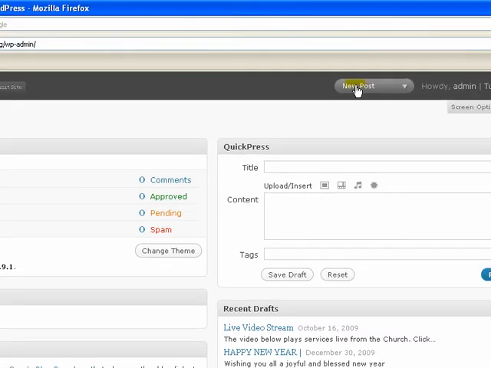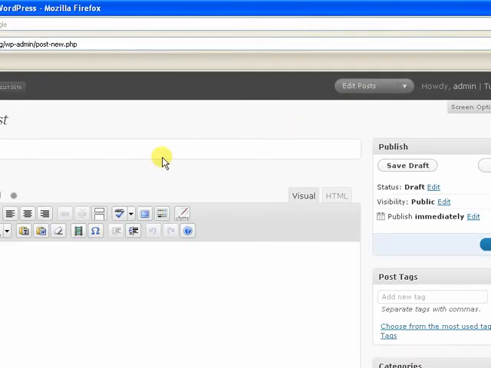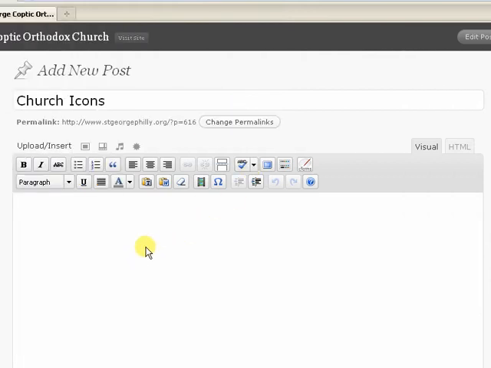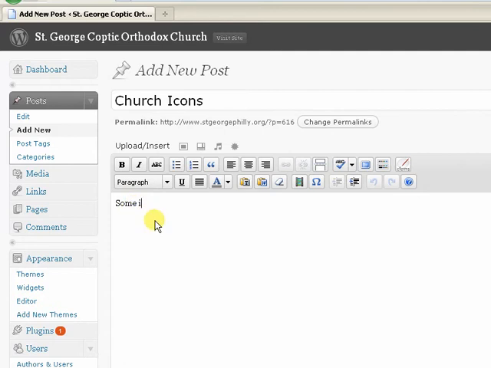And then click on New Post at the top here. And I'm just going to call it Church Icons also. And here are some icons from church. Okay. And instead of clicking on upload photos here, because we're embedding photos from Flickr this time,